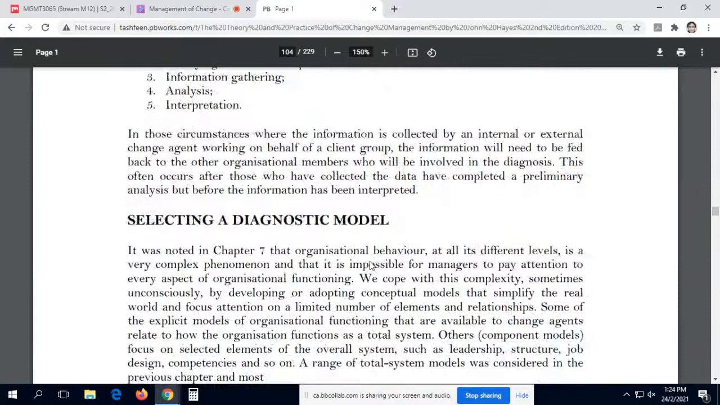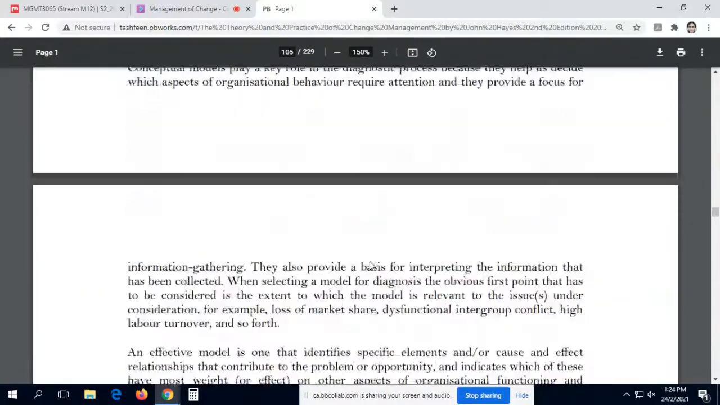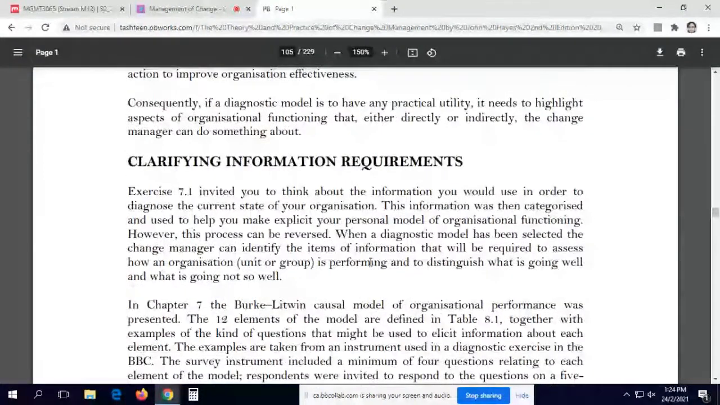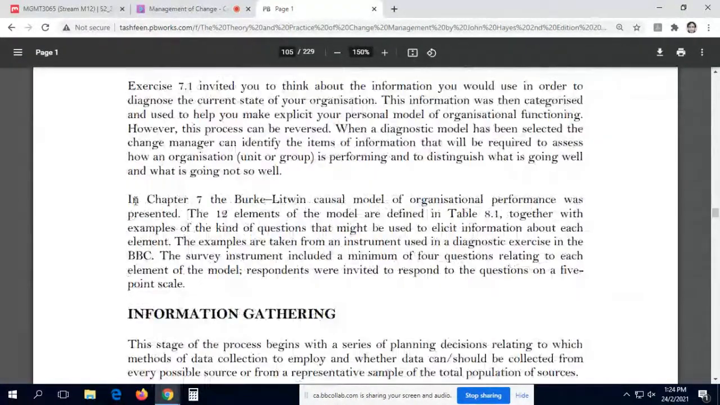This is what it is. Very simple chapter, nothing difficult in it. Most of the things you know already from other courses and even your own life observations and so on. So for example, in chapter number 7, the last chapter, we spoke about the Burke and Litwin model, the last model we saw,